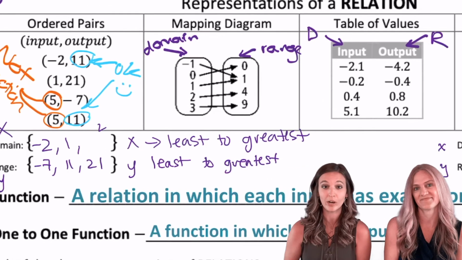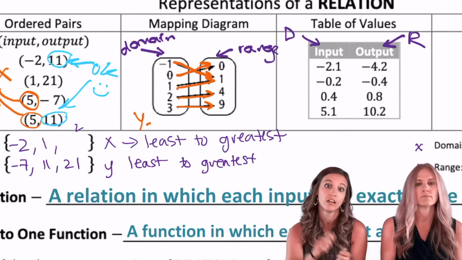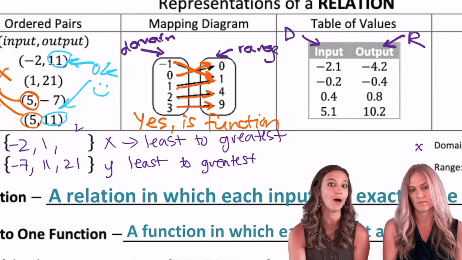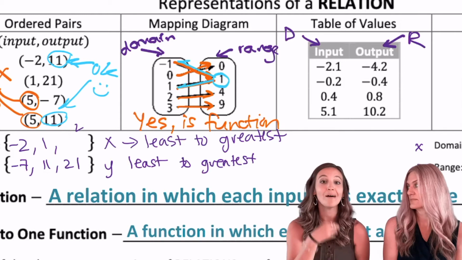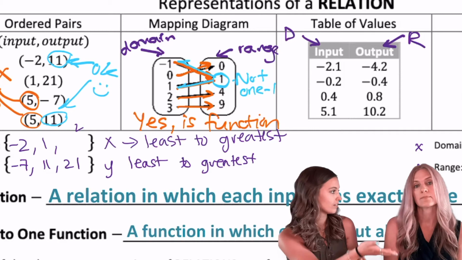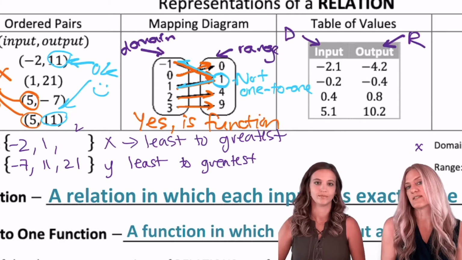Moving on to the next one, this one is a function. So in our mapping diagram, we can see that every input has exactly one unique output. But is it a one-to-one function? Let's look at those outputs. No, the output of 1 has 2 different inputs. So that doesn't work. When we look at the next one, now I think we're going to see a one-to-one